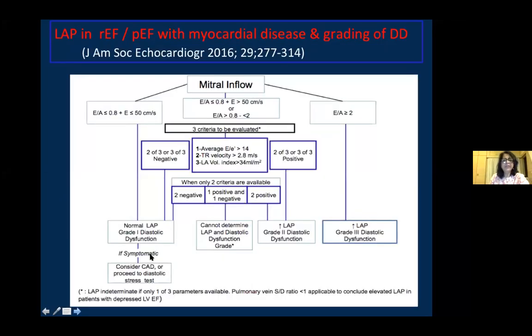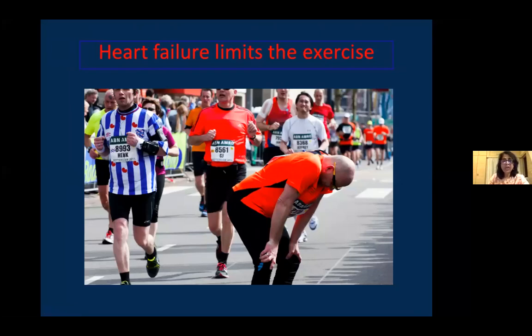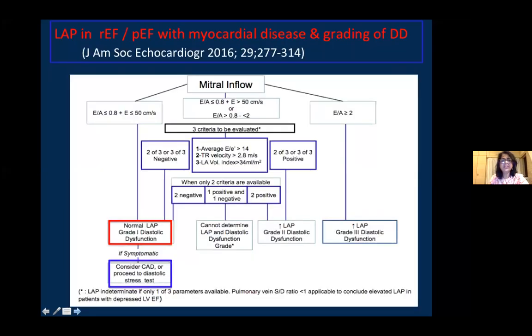Yes. Now, if you look at the chart, there is a group of grade 1 diastolic dysfunction where the patient becomes symptomatic when they exercise. This is because so long we were measuring the diastolic dysfunction and LV filling pressure at rest. Now, this patient at rest was okay, but then he becomes symptomatic as he exercises. So these are the patients where we go for a diastolic stress test,